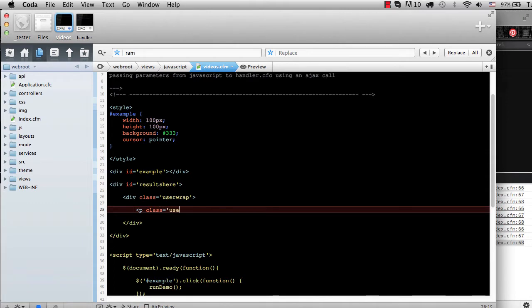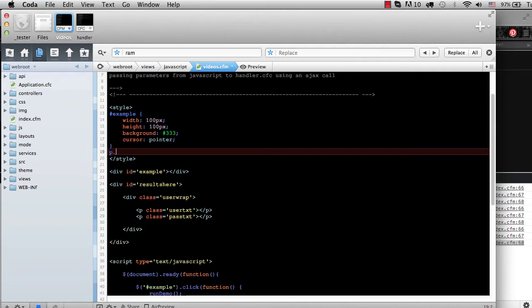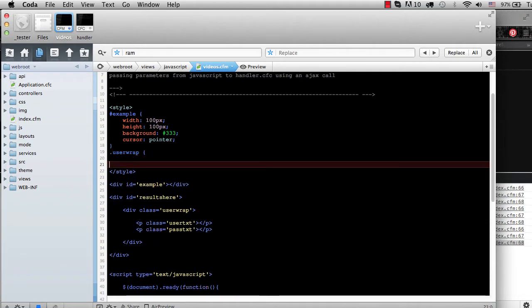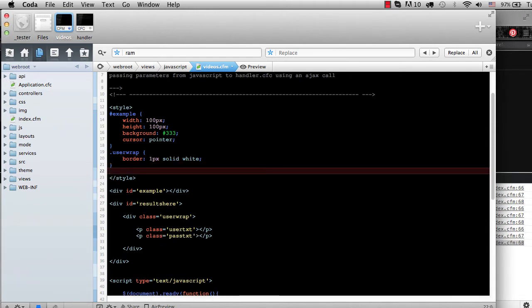Class equals... I'm just going to put a border around the user wrap div, and then